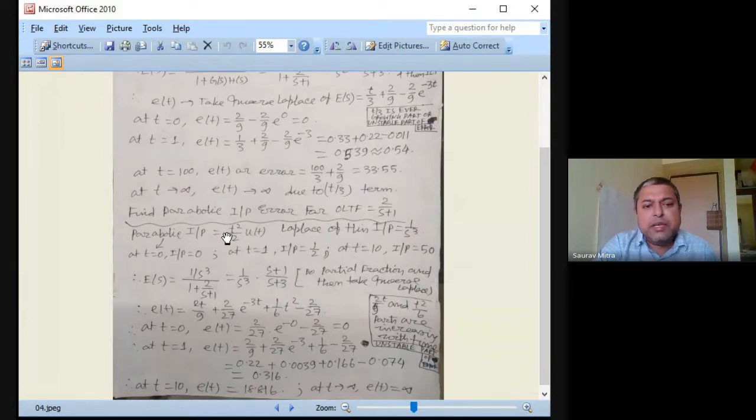That is, we will be inputting A by 2 t square. So here A is equal to 1, so it is half of t square. The next time we will give A as 5. Okay, so in that case we will find 5 by 2 of t square u(t). So these are the three inputs that we are going to enter to the system, and we'll be finding what is the system response.